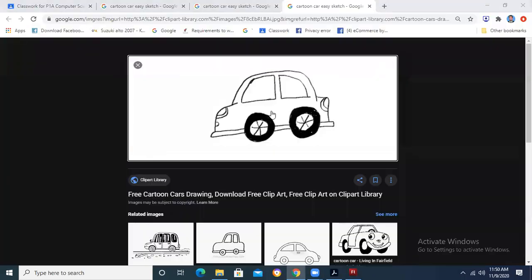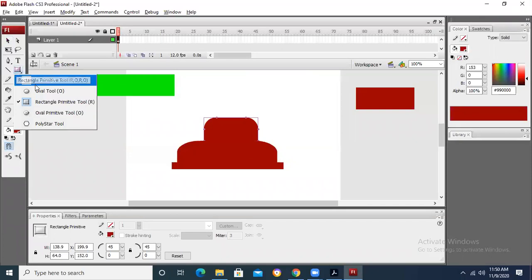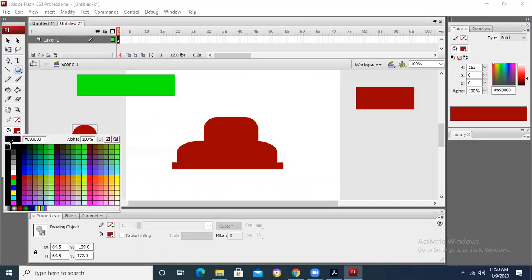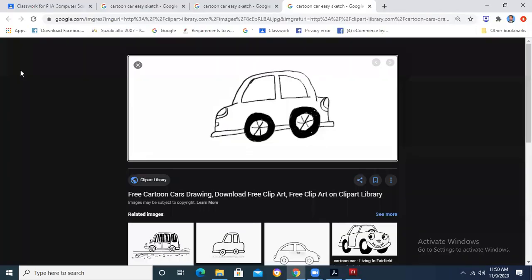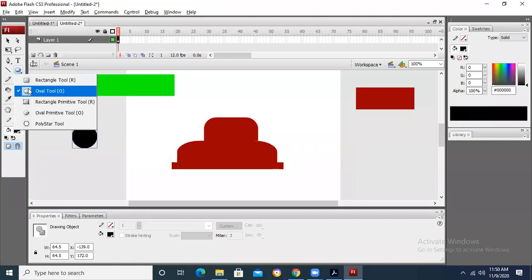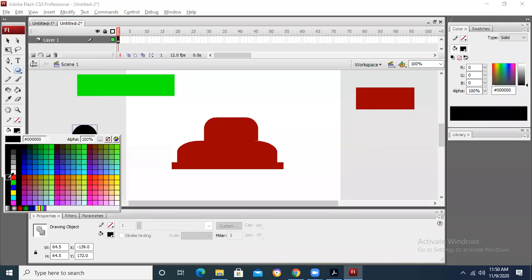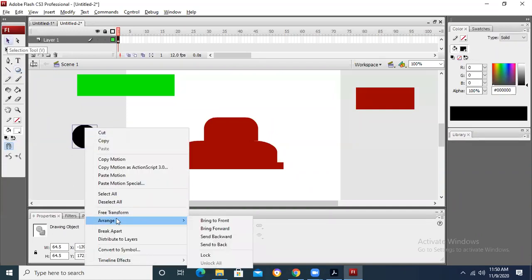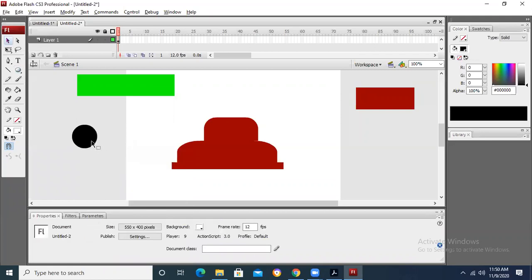objects with it. Just like if you want to draw a tire with the round tool, take one black circle, then another circle with the white color. This is in black color. Let me break it apart. Break apart means this is in black color.